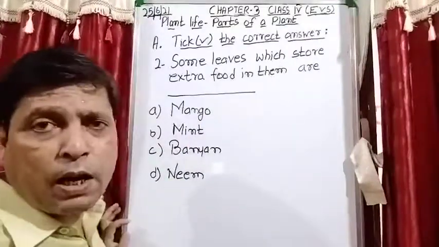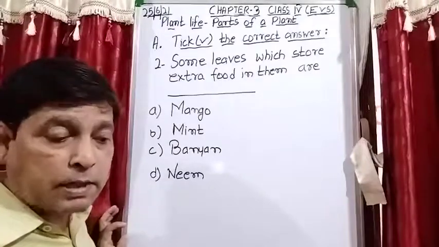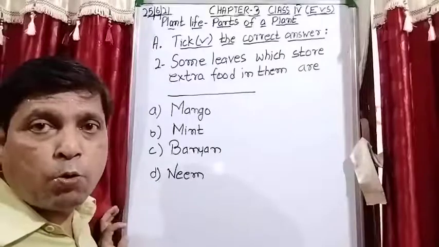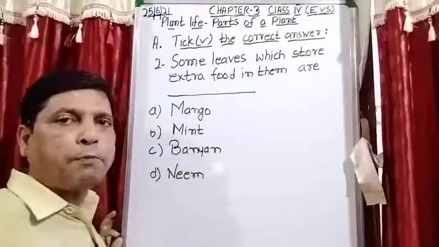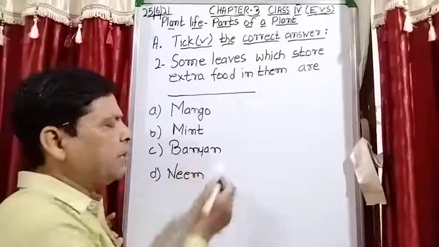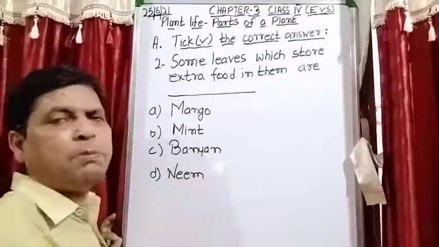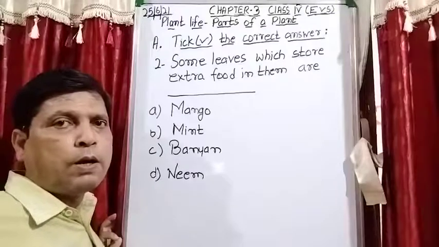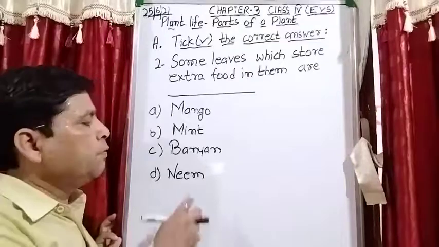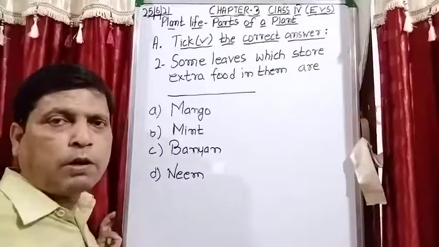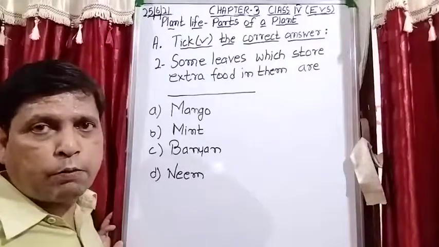No, this is not the right answer, because mango में क्या होता है, mango trees have fruit, and this time is the season of mango. ठीक है, इस समय मैंगो का ही सीजन चल रहा है ना, तो मैंगो ट्री से आपको क्या मिलता है, फ्रूट मिलता है. Is it clear? Banyan tree, we don't eat the leaves of the banyan tree, that is also not the right answer. Neem is a medicinal plant. There are a lot of uses of the neem plant, but we don't eat the leaves of the neem as a food.